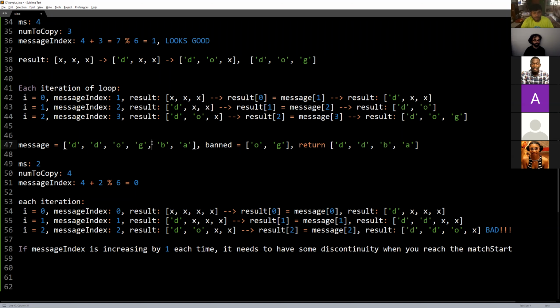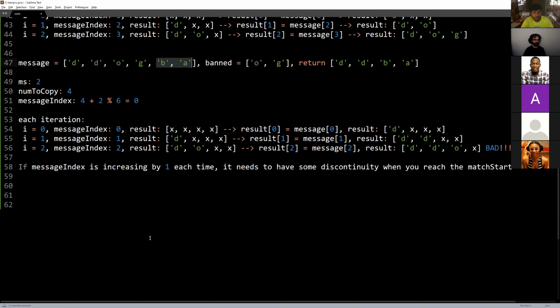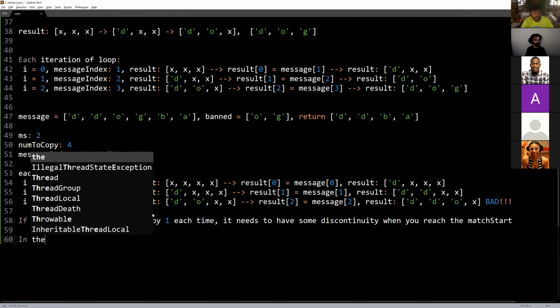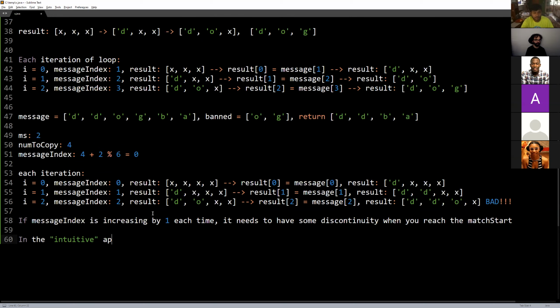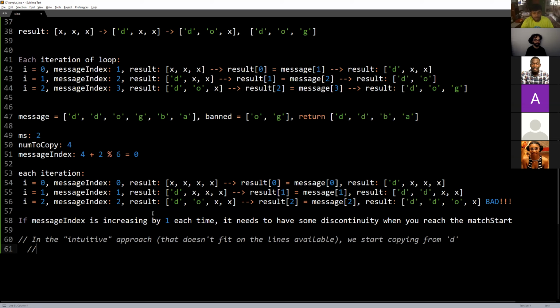So we want to copy starting at B. The intuitive approach, which doesn't fit on the lines available, starts copying from D. In other words, it goes D to DD to DDB to DDBA.